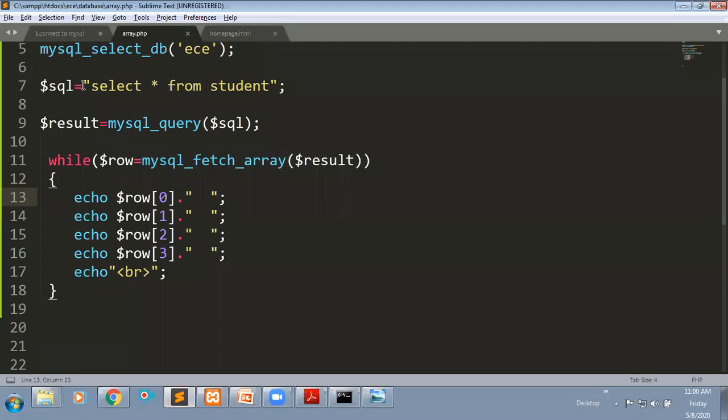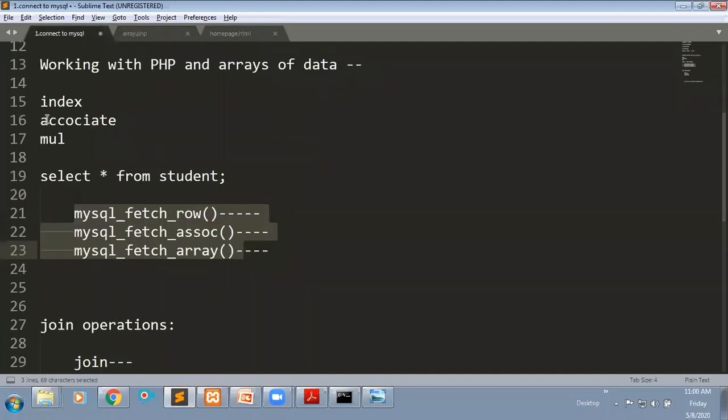In this way, it retrieves the data from the database and displays it in the output by using these three functions: mysql_fetch_row, the first function, then assoc, then array. Okay, this is about working with PHP and arrays of data.